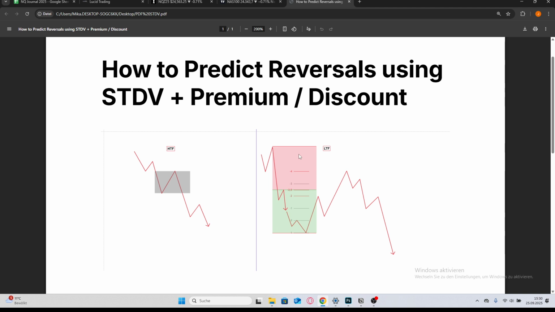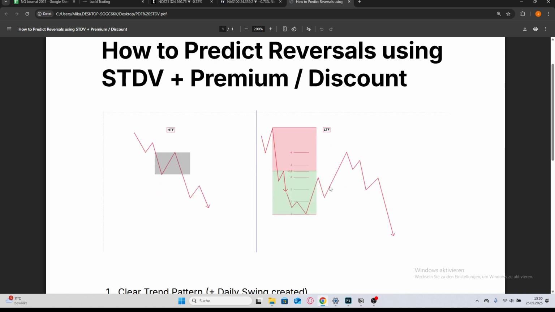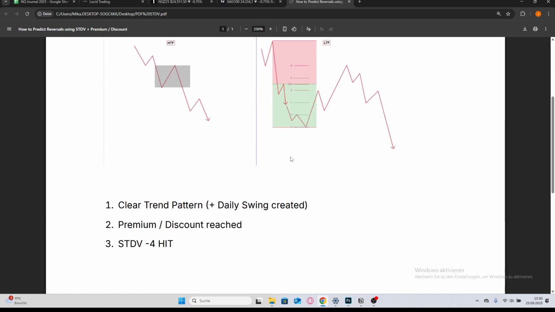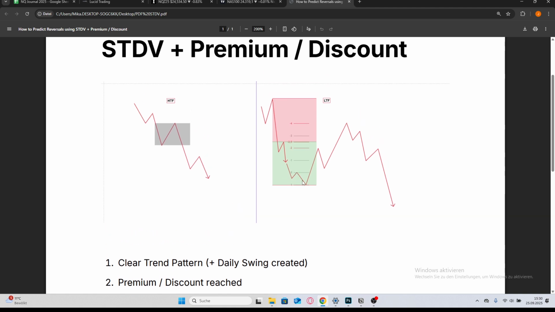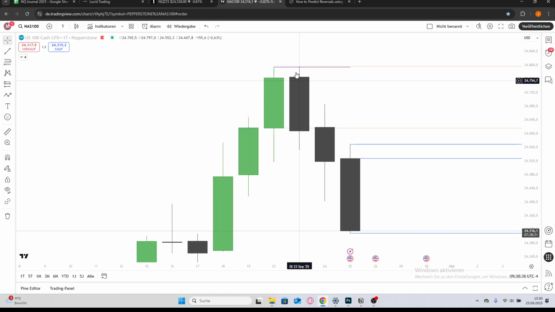I have 2 examples prepared, and so what we did, I waited for price entering this red area here. So that's the first thing, and the second thing is now standard deviation is important for us, because we want to look, okay, which manipulation move caused this up move against our bias. Like I said, our bias is bearish, higher time frame is bearish. We had a bearish swing here, same scenario here, we had a bearish swing here, bearish downtrend,